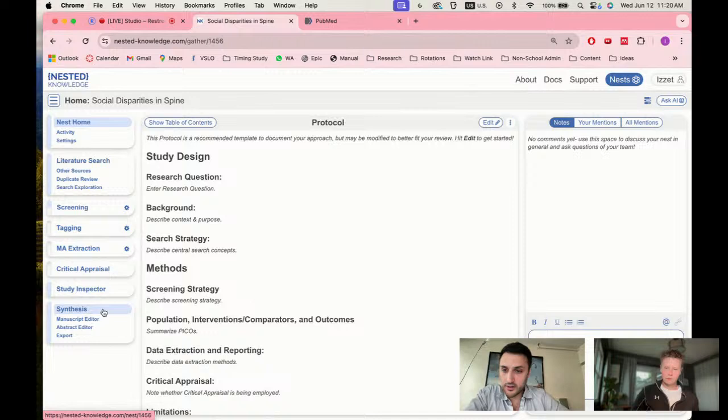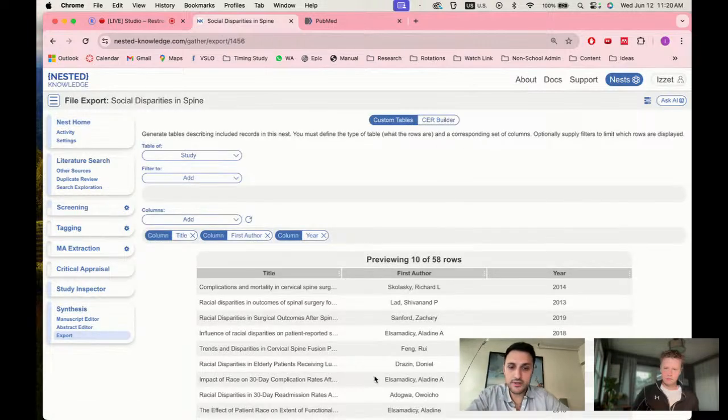And then on the back end, what I do is I export all this data, and I've configured my R code to work based on the export. So when I get the export out, I don't touch it at all, and that goes straight into my R. And I've already made the code to get the forest plots out, so I don't have to really change it. So after you do it once, it's much easier. And then I'll even run forest plots for other people because I have the code.